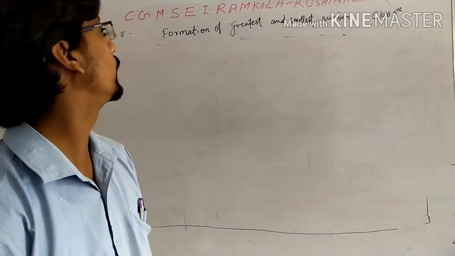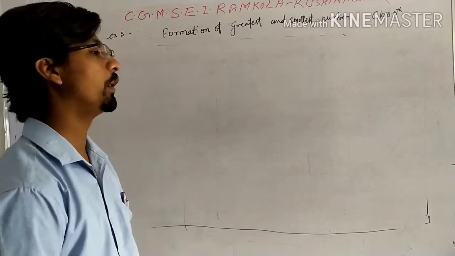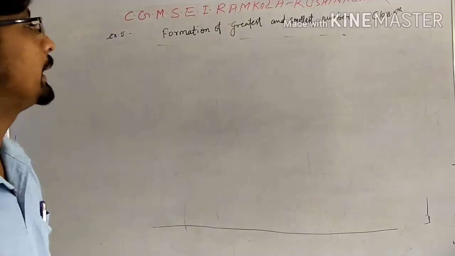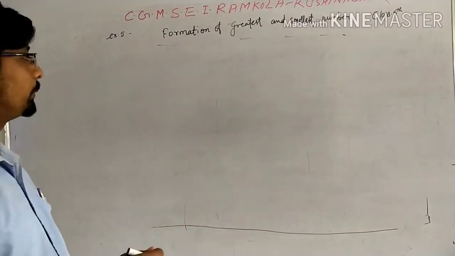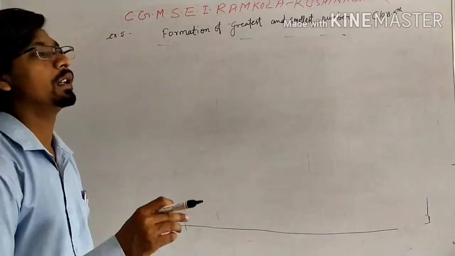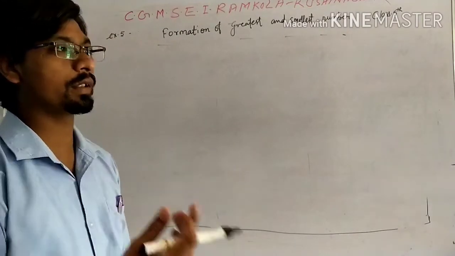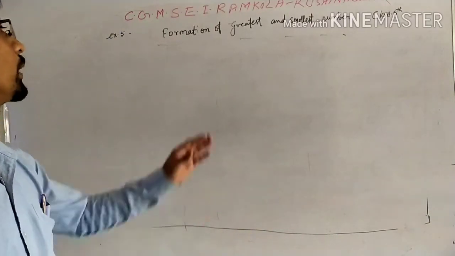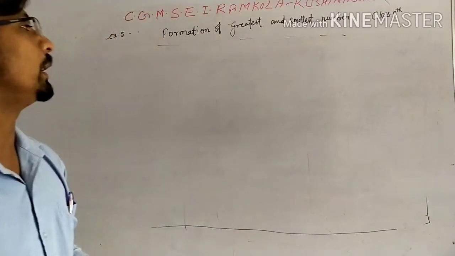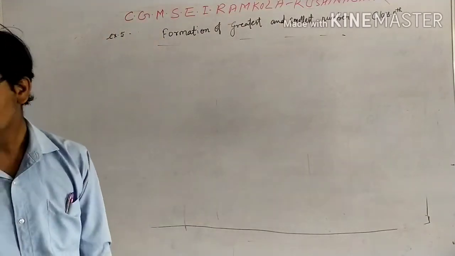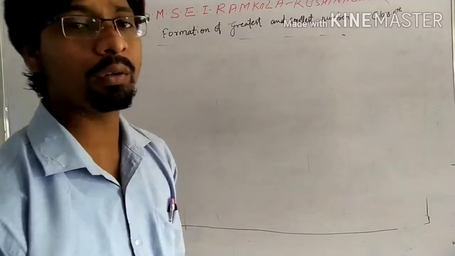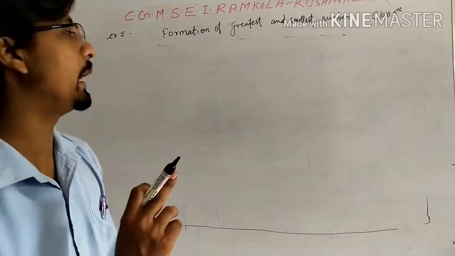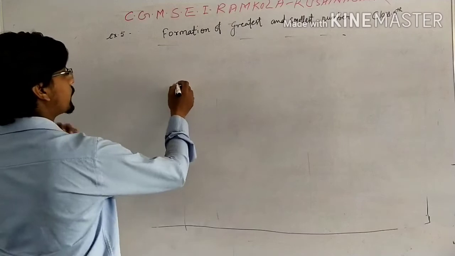Good morning, students. Yesterday we discussed how to form a greatest number and a smallest number. You already read this in the previous class, but today we will make numbers with more than 5 digits or 6 digits, or as many digits as you want, to make the smallest or greatest number. To get a greatest number, we should arrange the digits in descending order.